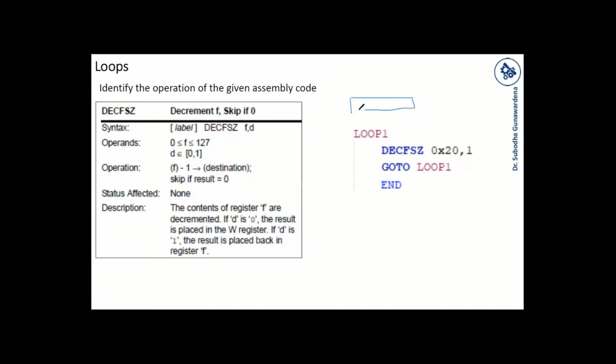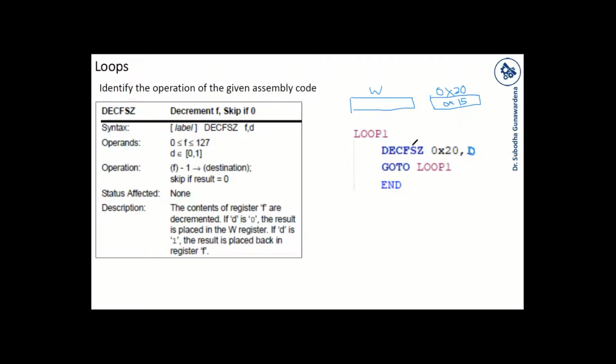Now let's say we have the W register and we have our 0x20 register, right? Now let's say this happens to be 0, not 1, and at the 0x20 register, let's say for example we have the value 0x15, right? So in decimal this is 21. Let's say we have 0x15.